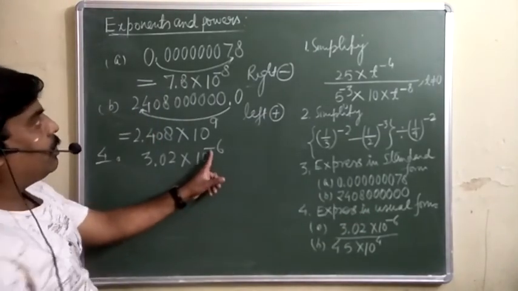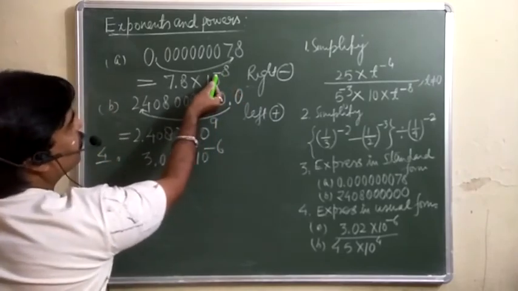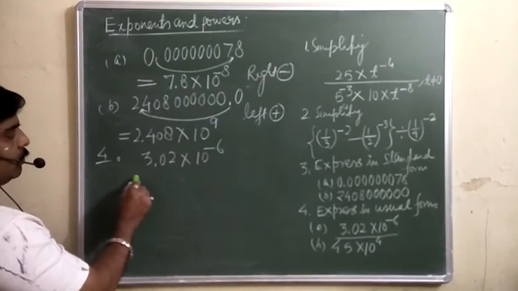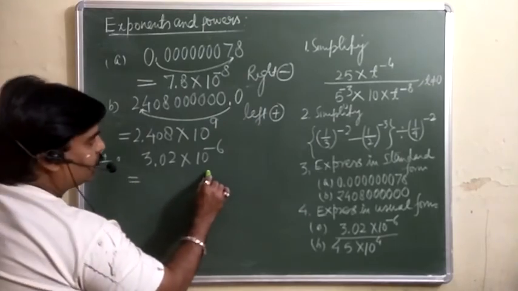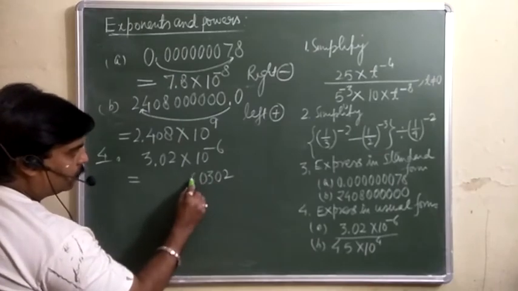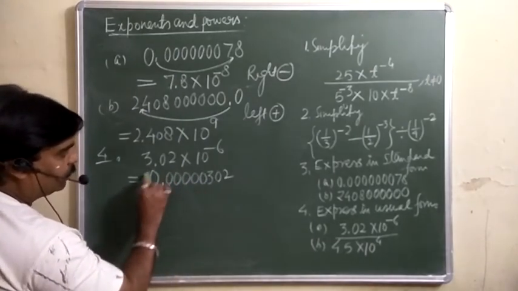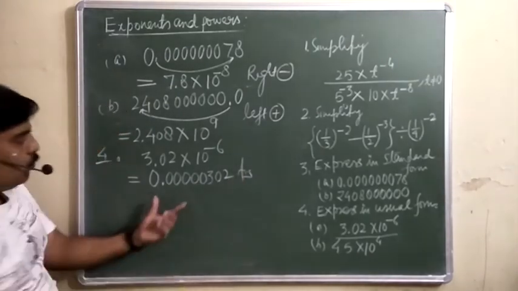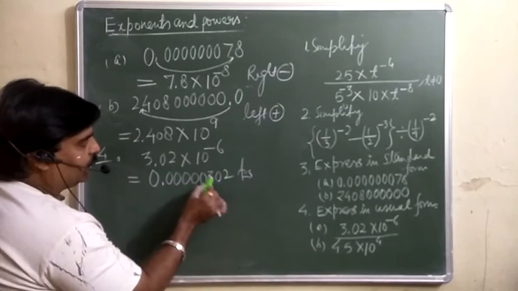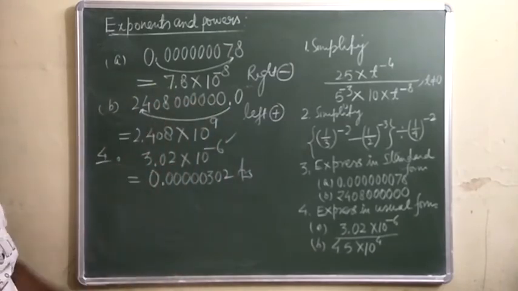So when does the minus 6 come? When there is a minus, it means the decimal point was earlier at the back. It means take the decimal point 6 digits back. So if we move 6 digits back, see, this is 302, then 1 2 3 4 5 6. So the decimal point will be here. This is your usual form. If you want to write this again, 1 2 3 4 5 6, bring 6 digits and you can write 3.02 in the standard form.